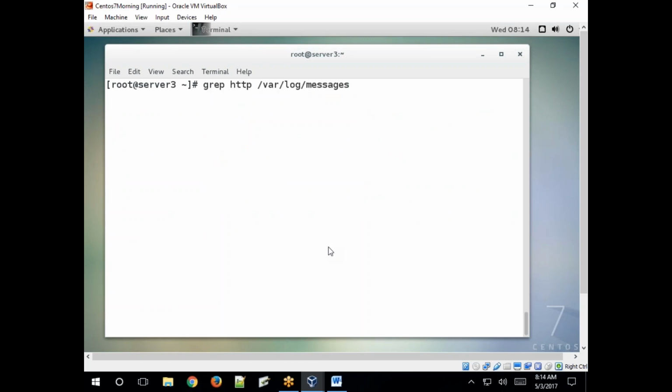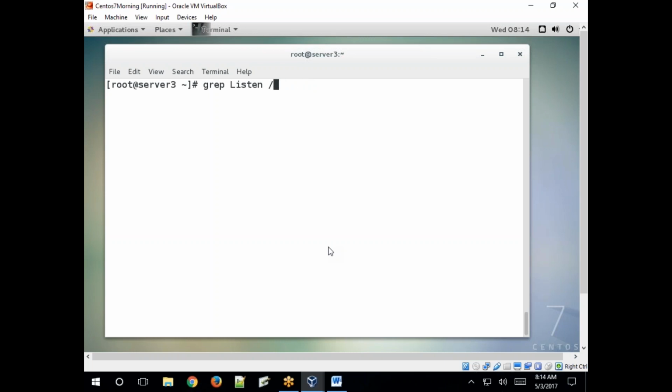So for log files or any configuration file, for example, I'll show you listen. Listen is a port parameter in the configuration file of a web server or any other server. Here I am specifying /etc/httpd. No HTTP service is installed, right?